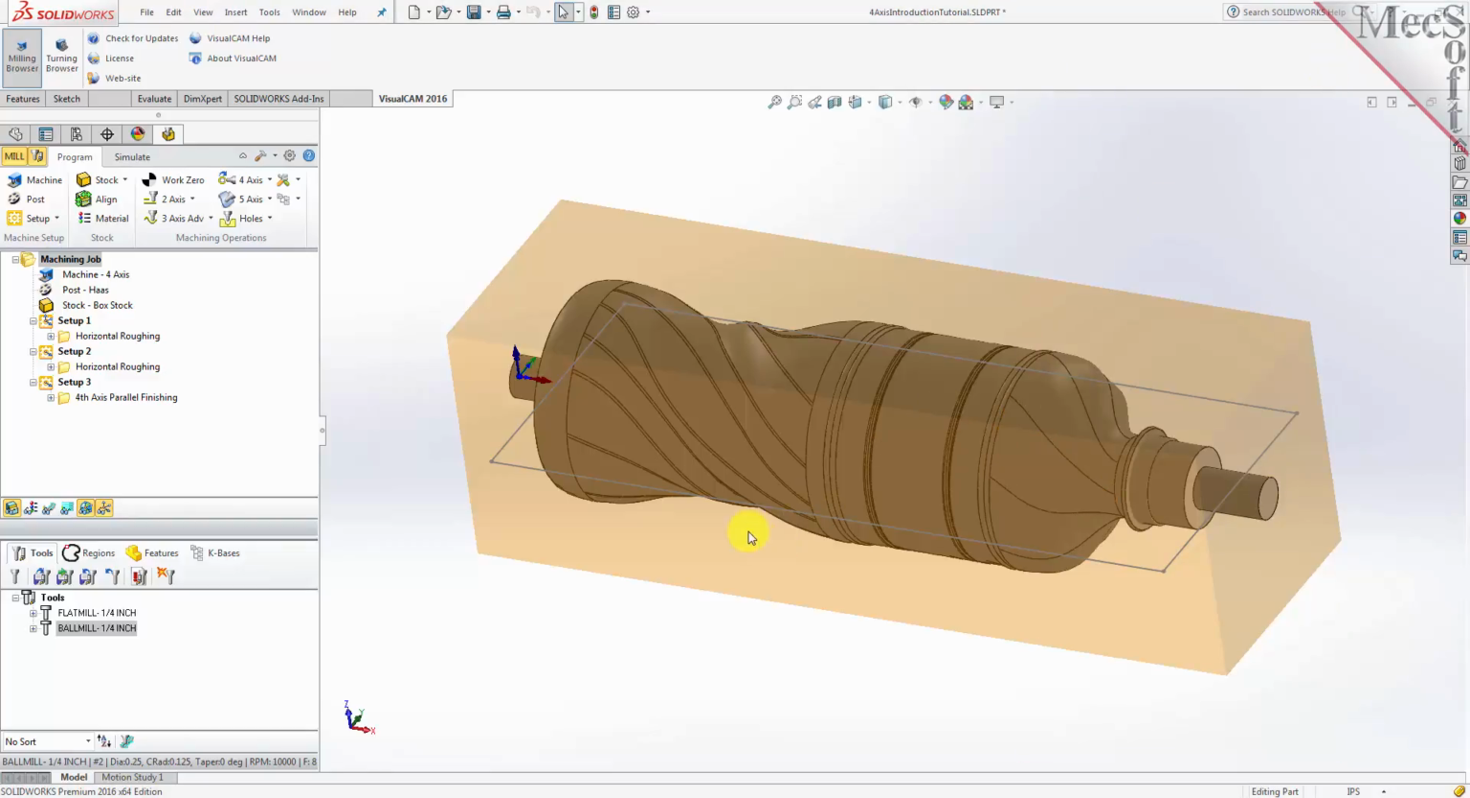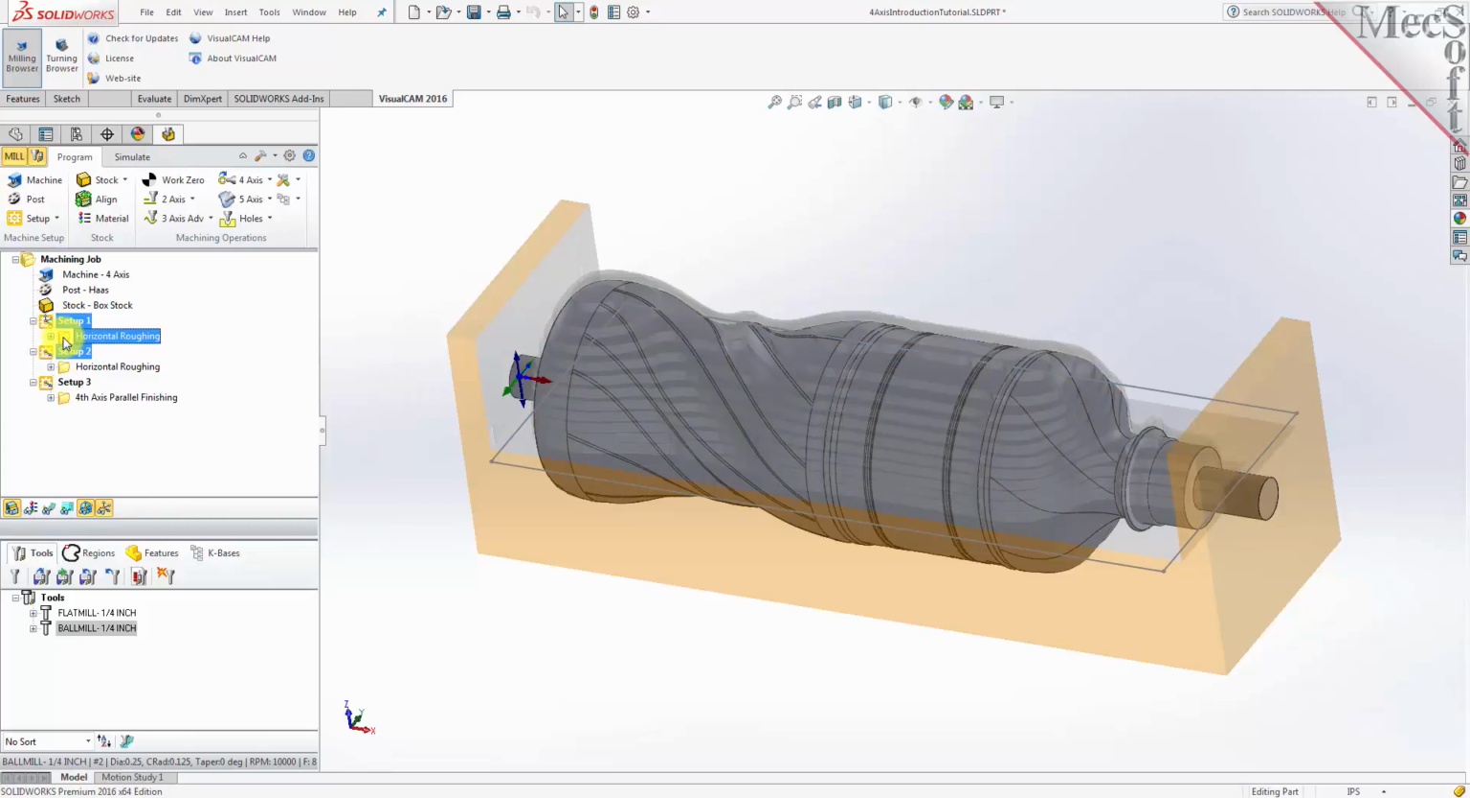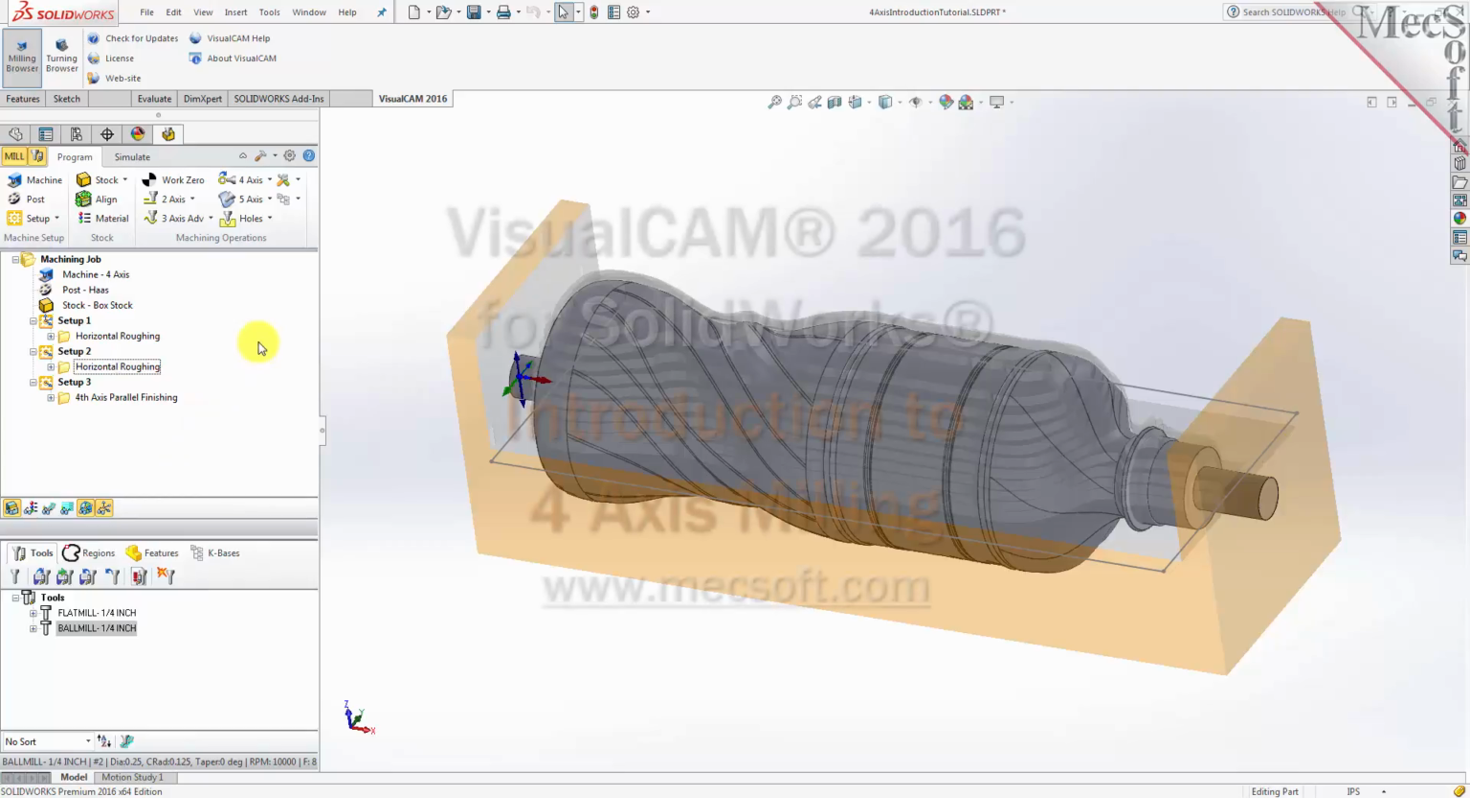Here are some additional selection techniques you can use. When your machining job contains multiple setups, you can select any setup, right-click and select Post to post only that setup. While holding the Control key down, you can select multiple operations and then right-click and select Post to post only the selected operation. This completes our introduction to 4-axis milling with VisualCAM 2016 for SolidWorks, brought to you by